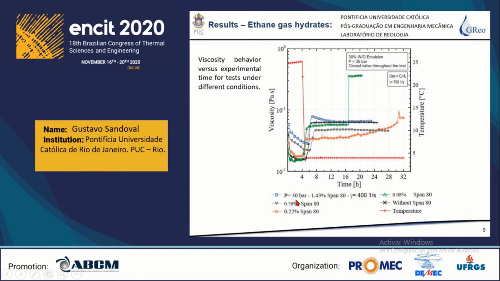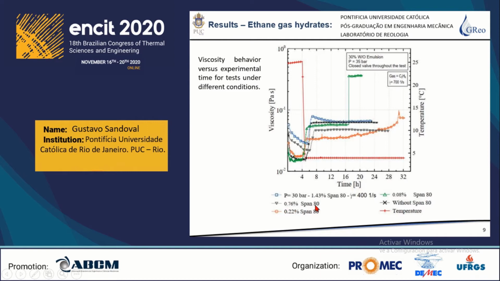First, the pressure was increased from 30 bar to 35 bar, and the shear rate was also increased from 401 1/s to 701 1/s. The amount of surfactant was also decreased until achieving a value that permits hydrate formation. And then, in this condition of pressure of 35 bar and a shear rate of 701 1/s, another experiment was conducted with